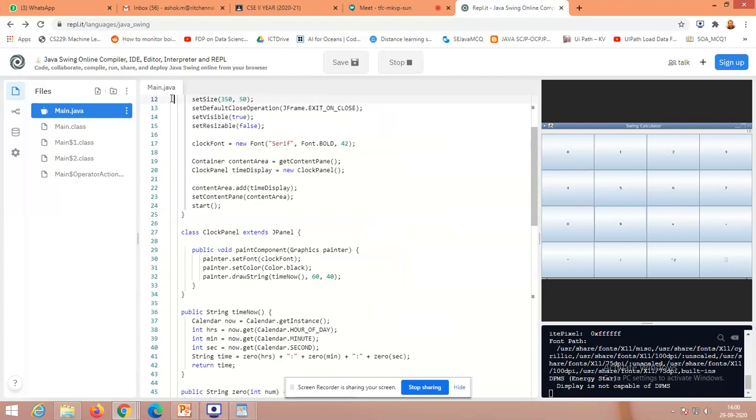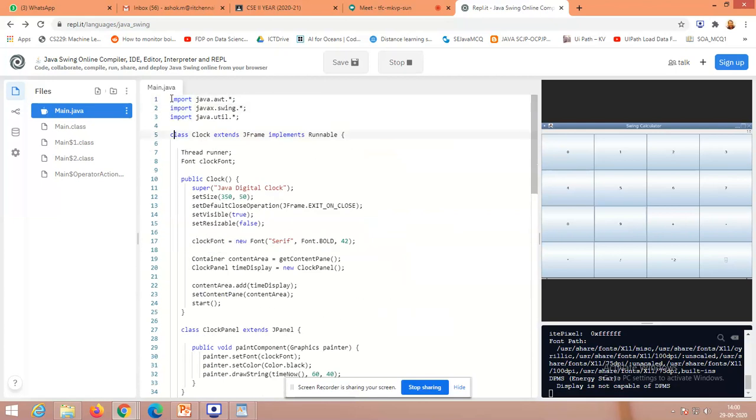So you have pasted here, and the class name is clock, but the file name is main. That is the reason why I'm replacing clock with main. Okay, because it will execute those things only. Main, where we have clock again. Here we have clock. So replace it with main. Do I have clock somewhere else?